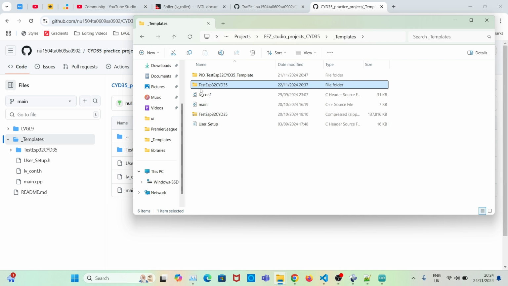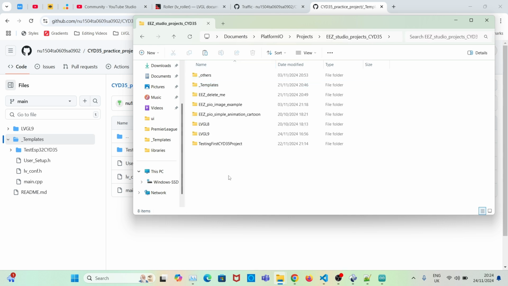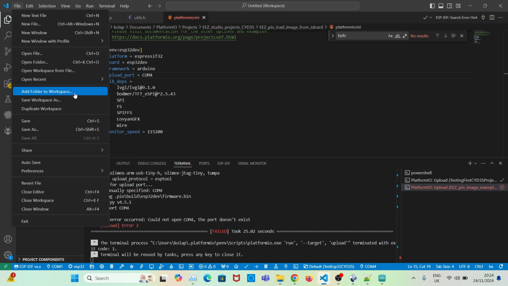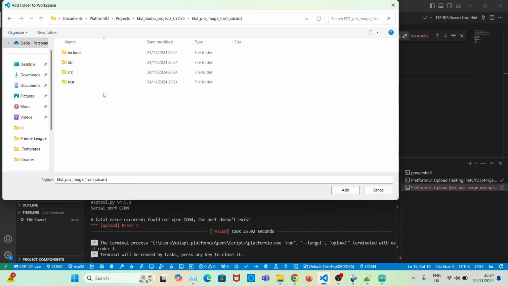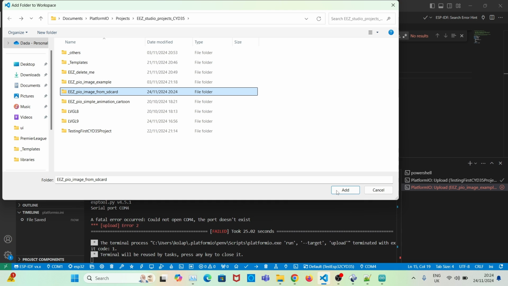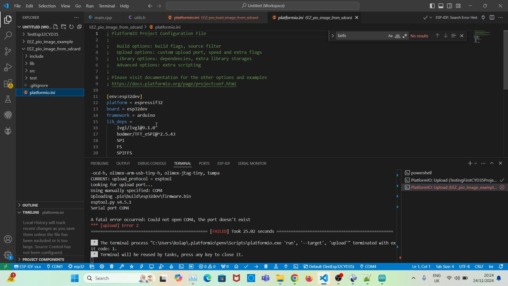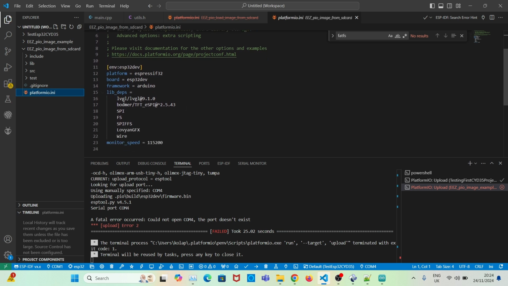So I'm going to copy this and paste it, give it a name. Now I've renamed it. I will load it into my PlatformIO workspace. At the moment it's just a skeleton, so it's got no libraries or anything. Here in platformio.ini you can see all the libraries that we will be using. The other one I'll use is